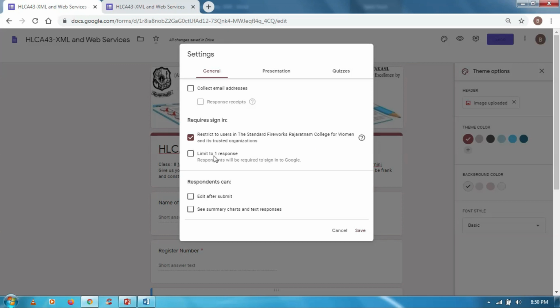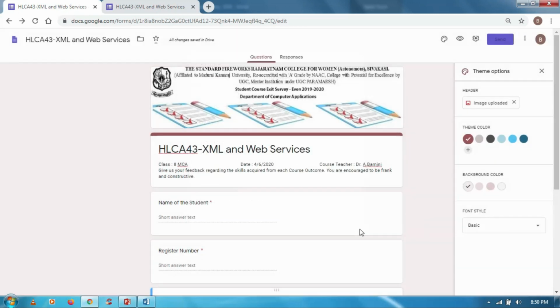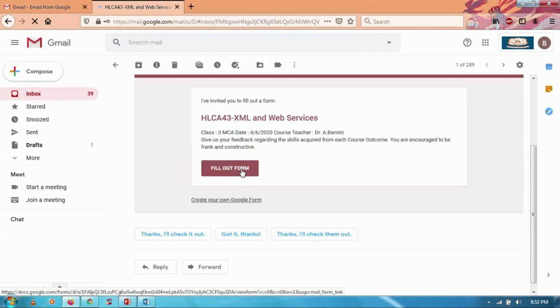The settings should be restricted to the users of Standard Fireworks Rajaratnam College for Women. The student should give only their official mail ID and it should be limited to one response. Save. Then click the send button. The form has been sent to the official mail ID.